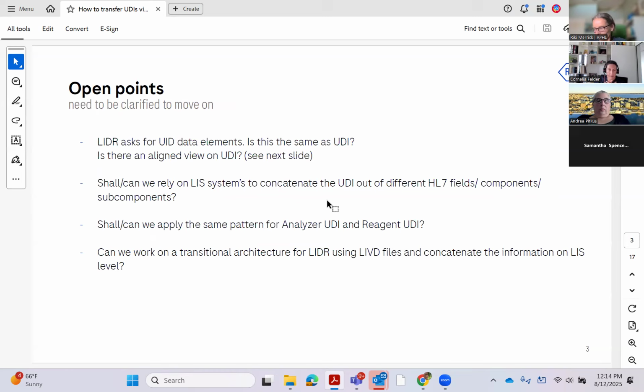We do have this information on the instrument plates, so it's available. Nevertheless, it's not available in, let's say, an electronic format leaving the instrument. And yeah, there were some open points already from the first ask, right? So